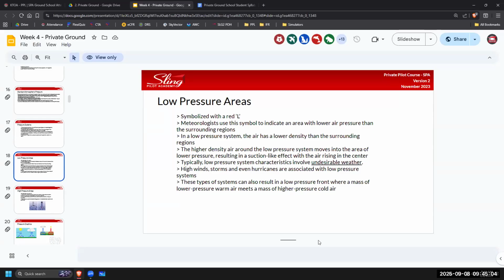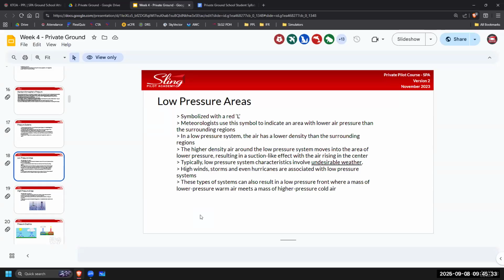But from the King School, does anyone know which way a low pressure system circulates or rotates? Is it clockwise or counterclockwise? Counterclockwise. So what you're gonna have to remember to talk about low and high pressure systems is how they move. So low pressure systems move counterclockwise and they move upwards and inwards, like Tiffany just said.